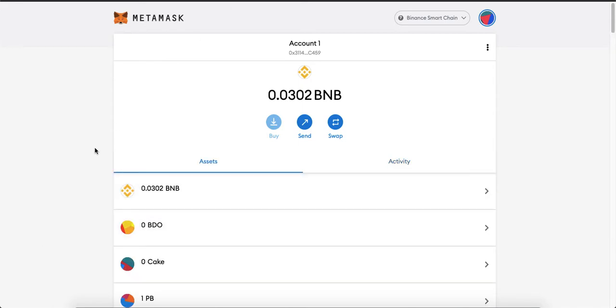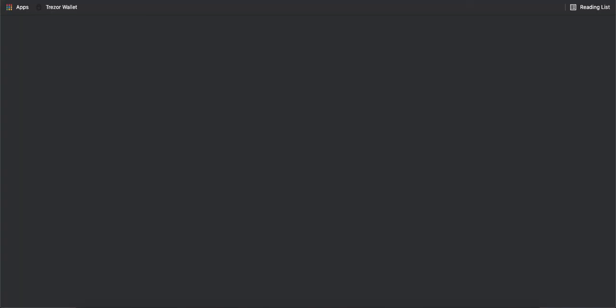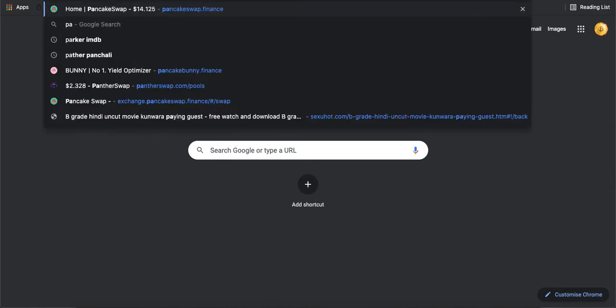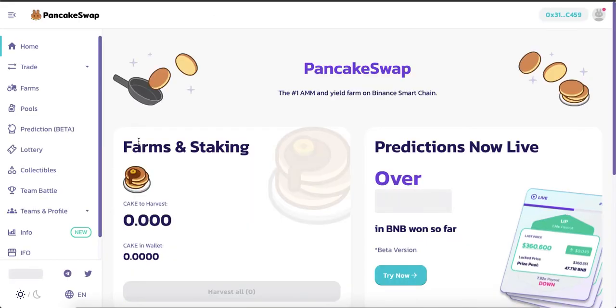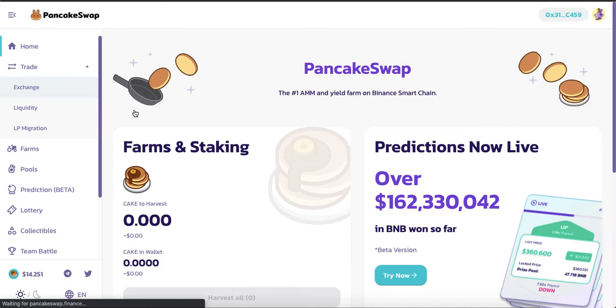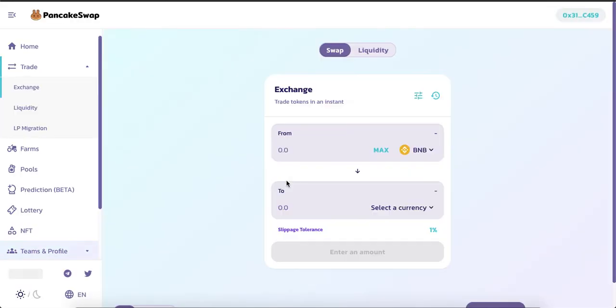So now let me go to the site which is most important for any transactions you'll need to make for Binance Smart Chain, that is PancakeSwap. And once you have transferred some BNB and BUSD to your account, you can use PancakeSwap as the main site to convert any of the tokens.